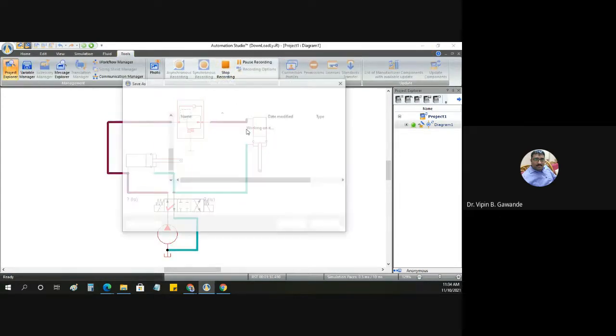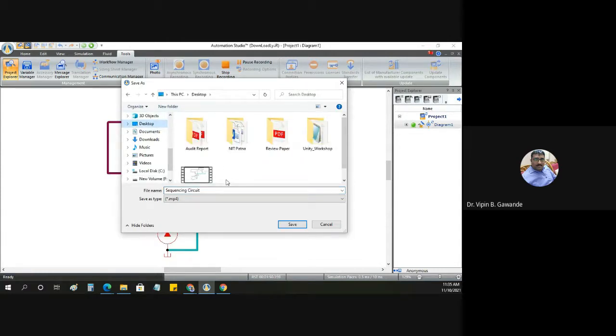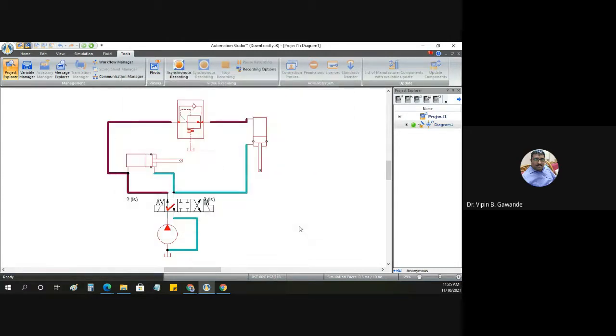Now here give the name, that is, the sequencing circuit. I will save this, suppose at the desktop first. Let me save it on the desktop. Now let me check whether it is working or not.